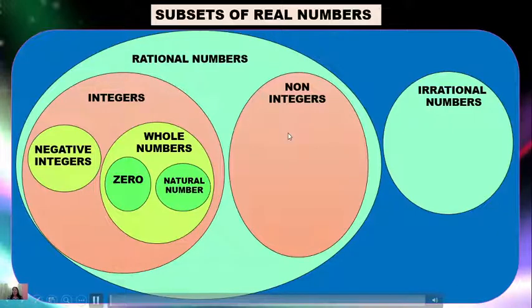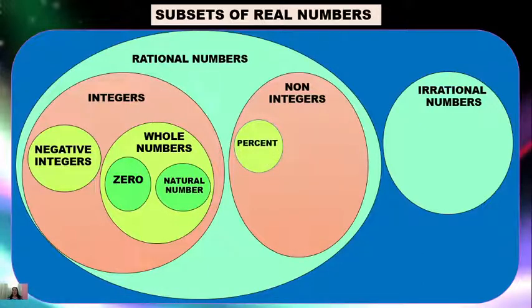So how about non-integers? It consists of three kinds or three subsets. We have percent. Example, 10%, 20%, 50%, 100%, and other examples of percent. Next, we have also